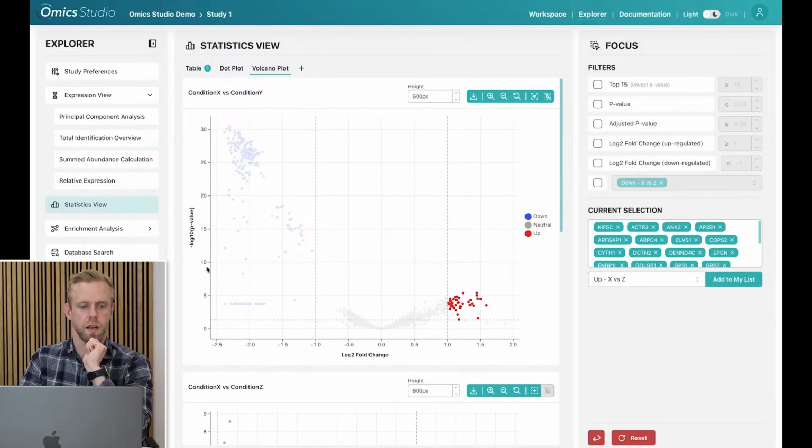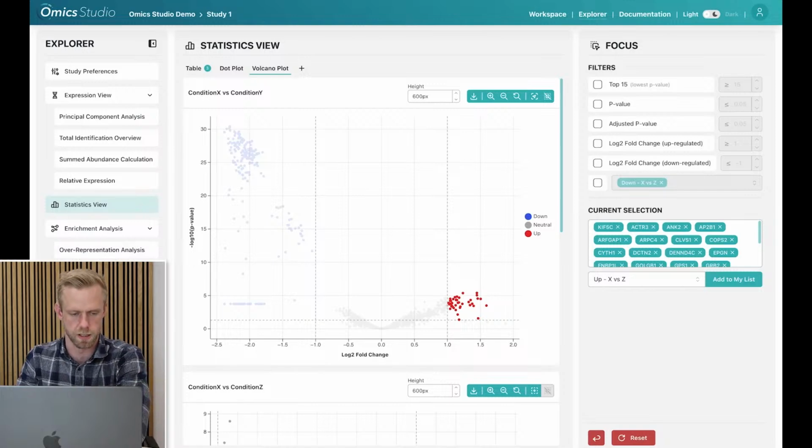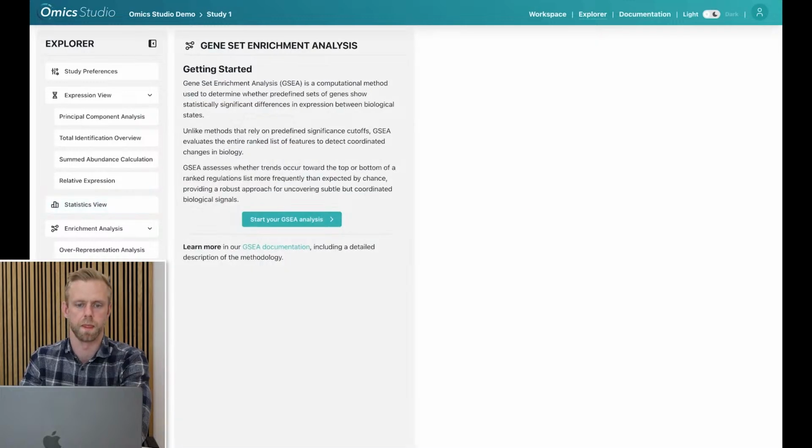But let's dive into the enrichment analysis. Here we have two opportunities. We can do an overrepresentation analysis and we can do a gene set enrichment analysis. We are going to start with the gene set enrichment analysis and also start the overrepresentation analysis because that takes a little bit longer. So we might as well have that running while we're looking at the gene set enrichment analysis results. But first, looking at the GSEA,